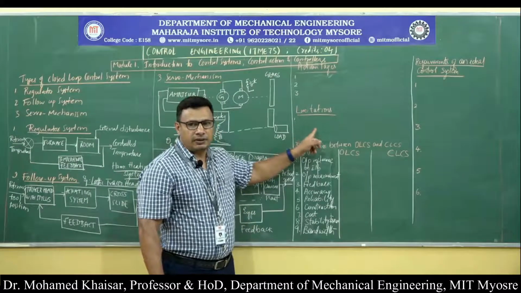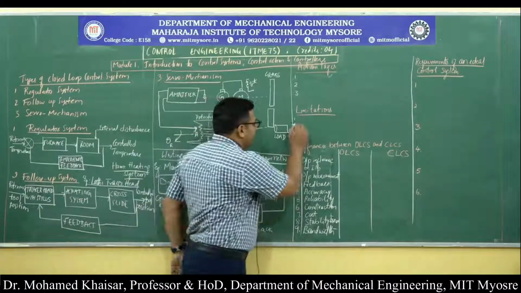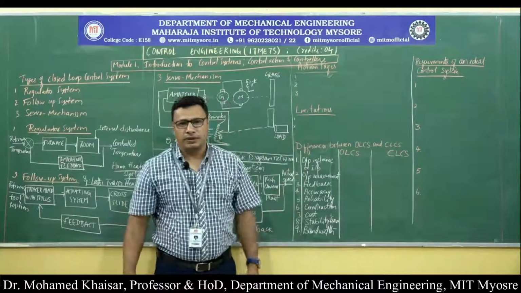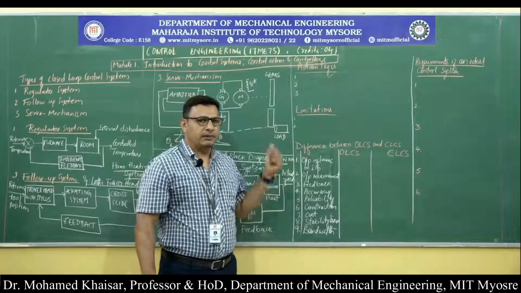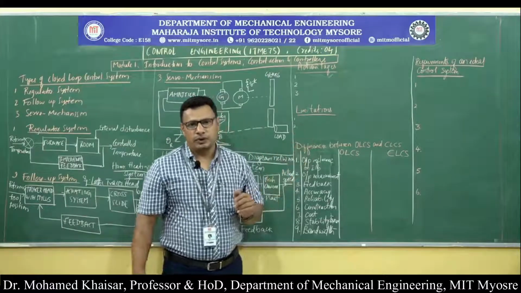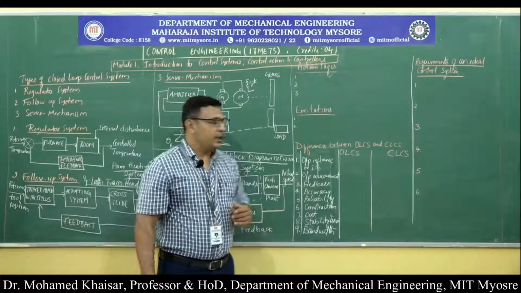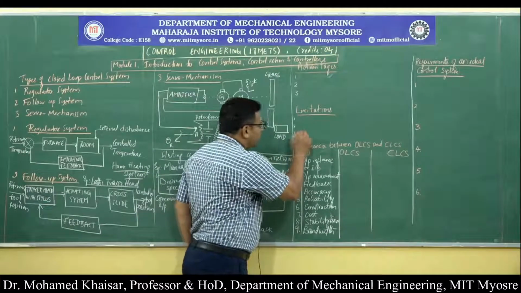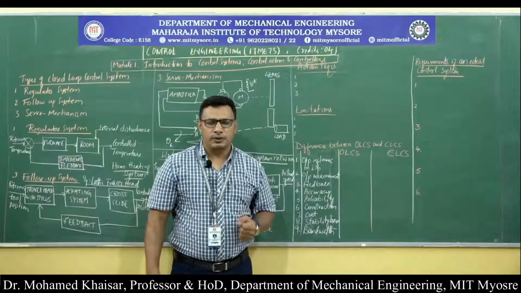Then that means design becomes complex. Due to the presence of that many elements, the sensors to sense the output, as well as the feedback device, the cost of the closed loop control system is going to be very high compared to the open loop control system. Then the third disadvantage, one of the most important disadvantages of the closed loop control system, is that